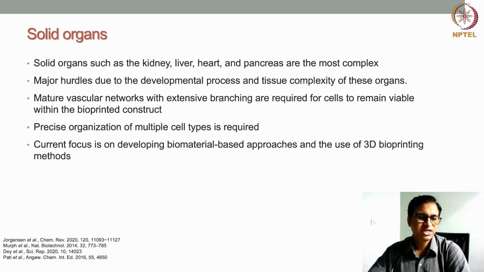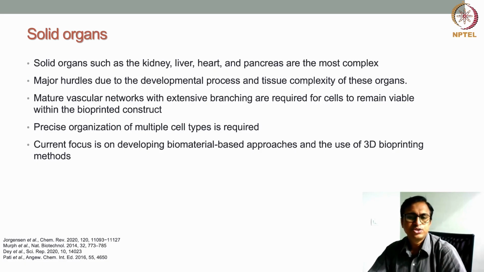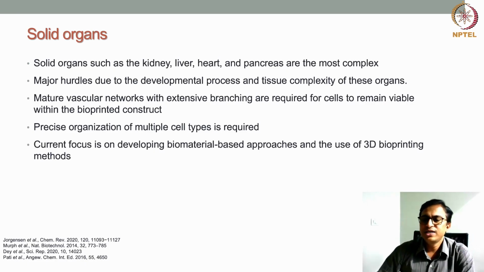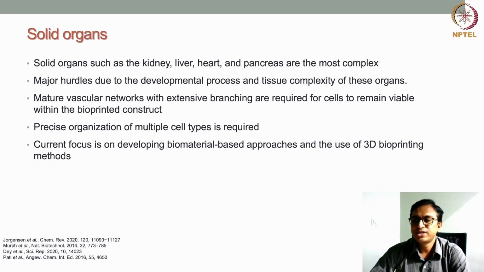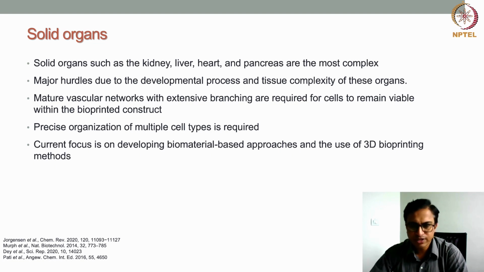So there are major hurdles due to the developmental process and tissue complexity of these organs, because it is very difficult to reproduce them. And because these organs have very high metabolic requirements, their oxygen demand and other needs are also very high. So we need a mature blood vascular network with extensive branching, so that